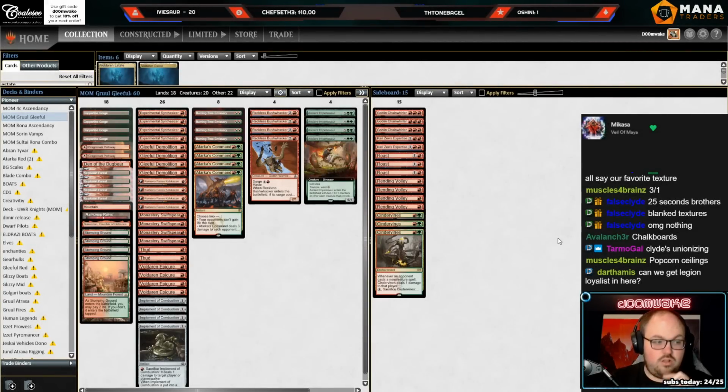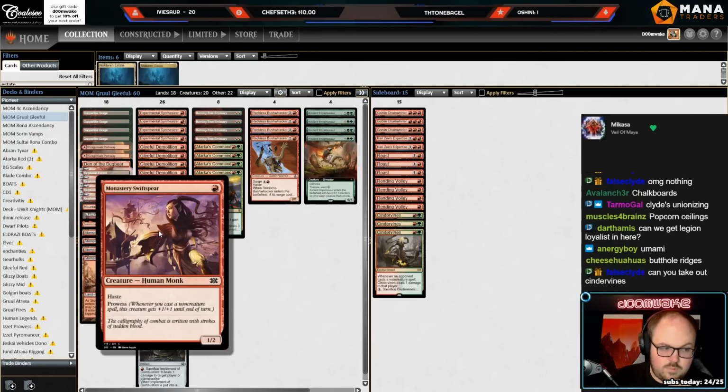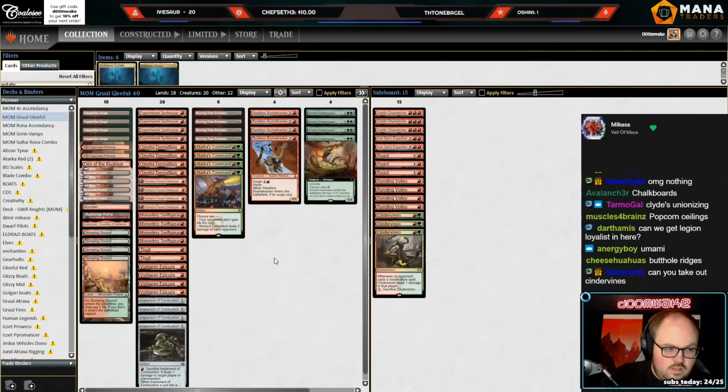Can we get Legion Loyalist in here? Legion Loyalist might be... So, okay. The cards that I'm the least confident in as far as the main deck is concerned is the Kumano Swiftspear package. I think I was looking at lists of the versions of Atarka Red that play Gleeful Demolition that have